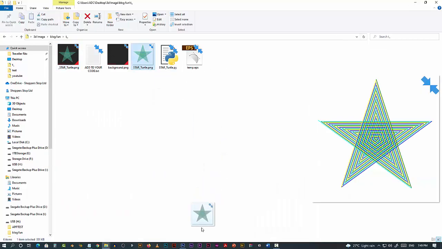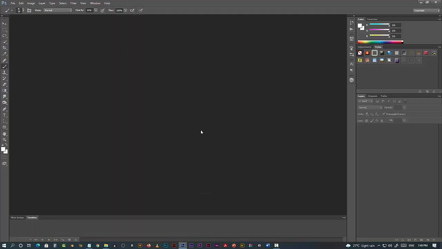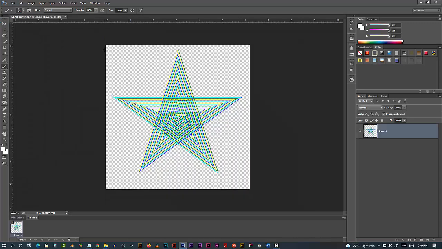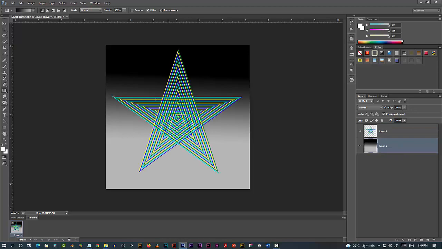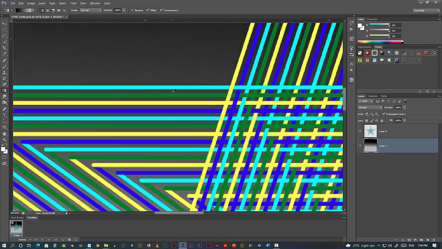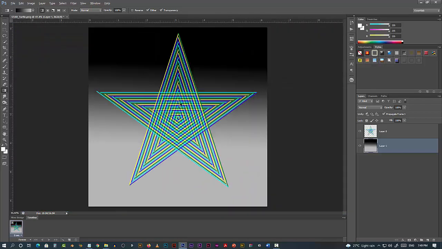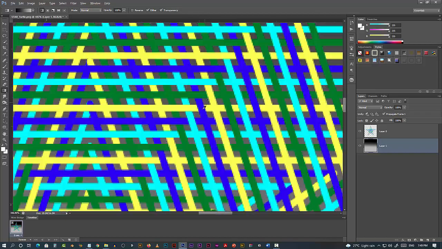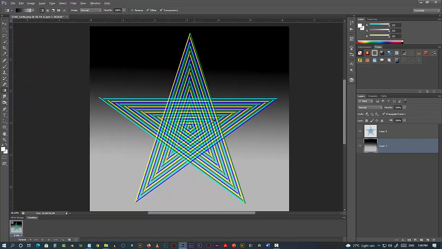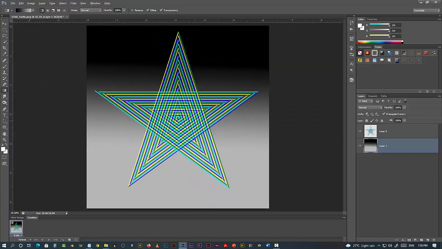I'll just drag this. See, it's transparent. This background, see, it's totally transparent, a very clean image from your Turtle program. Rather than just playing with this, you can create something like this.